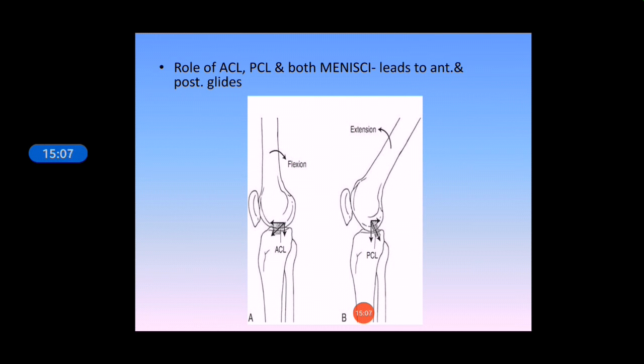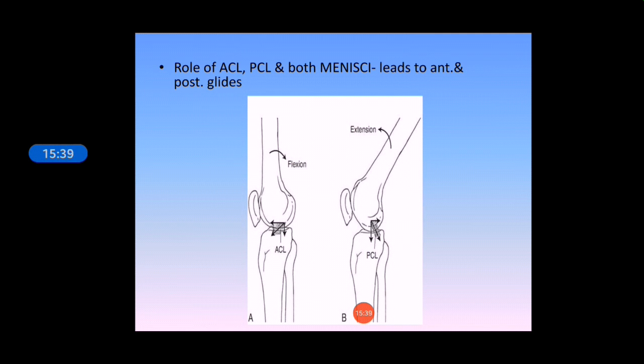If the cruciate ligaments are assumed to be rigid segments with a constant length, posterior rolling of the femur during knee flexion would cause the rigid ACL to tighten. Continued rolling of the femur would result in a taut ACL, simultaneously creating an anterior translation force on the femoral condyles. During knee extension, the femoral condyles roll anteriorly on the tibial plateau until the rigid PCL checks further anterior progression of the femur, creating a posterior translation force on the femoral condyles.